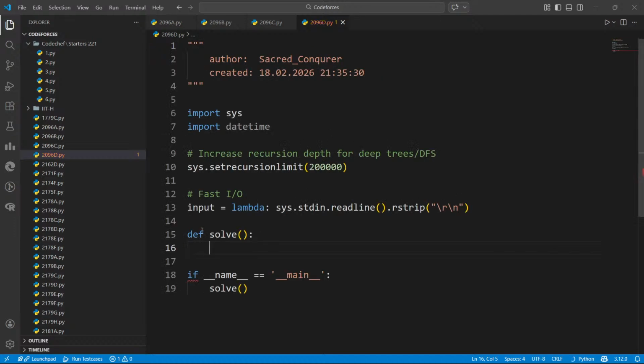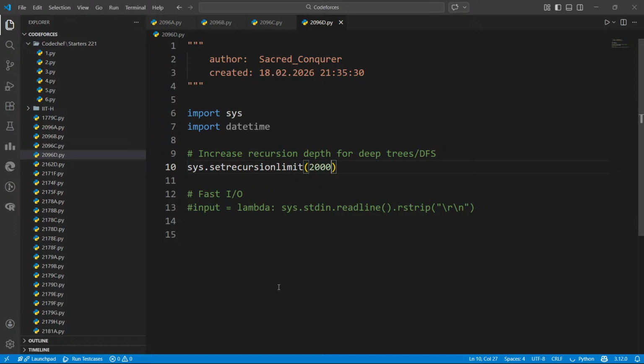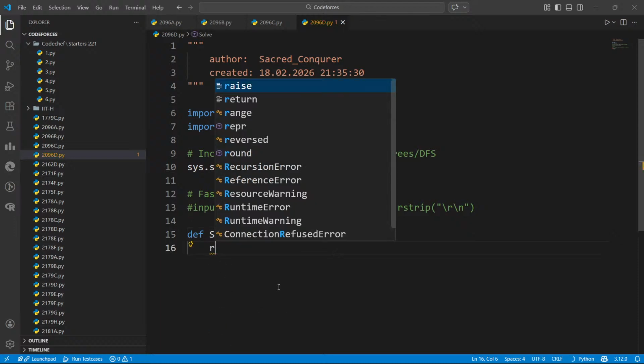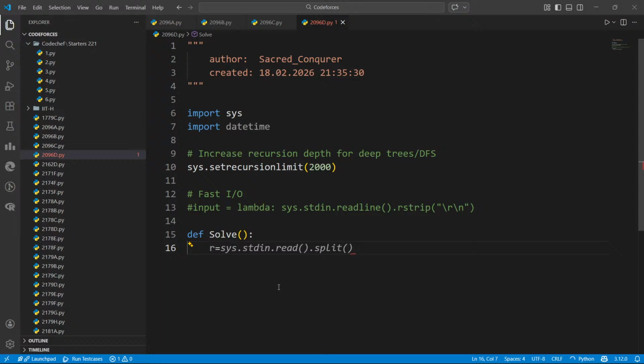Header. Remember, it has 10 power 9, so n is very large. We need proper input handling. I'll use this for faster input handling. I've imported this, and I'll comment this out, or else it will give me TLE in Python. Now my function solve will take r is equal to split.